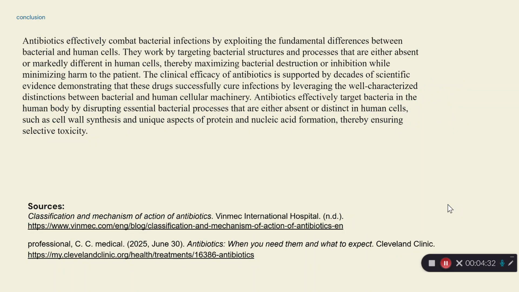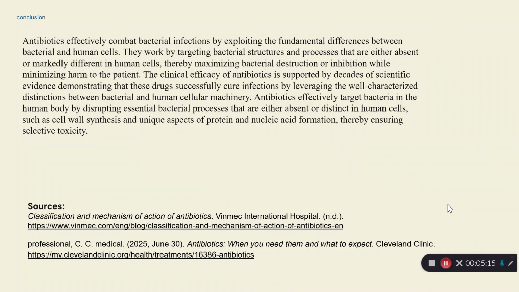Antibiotics effectively combat bacterial infections by exploiting the fundamental differences between bacterial and human cells. They work by targeting bacterial structures and processes that are either absent or markedly different in human cells, thereby maximizing bacterial destruction or inhibition while minimizing harm to the patient. The clinical efficacy of antibiotics is supported by decades of scientific evidence, demonstrating that these drugs successfully cure infections by leveraging the well-characterized distinctions between bacterial and human cellular